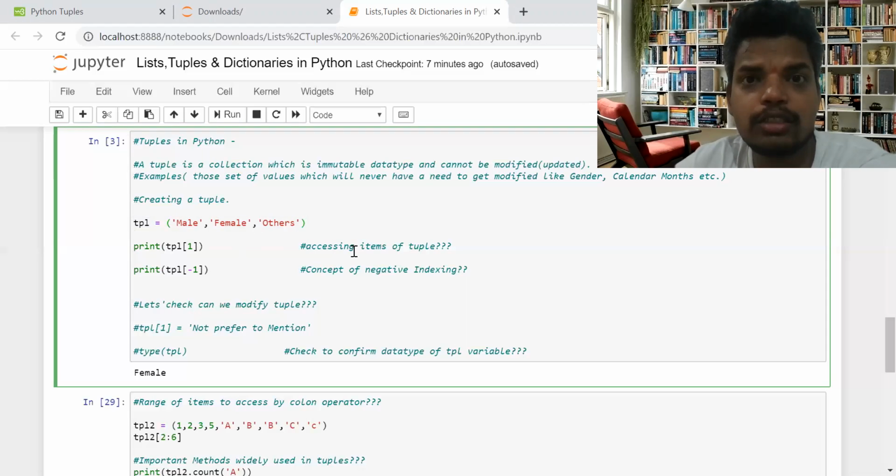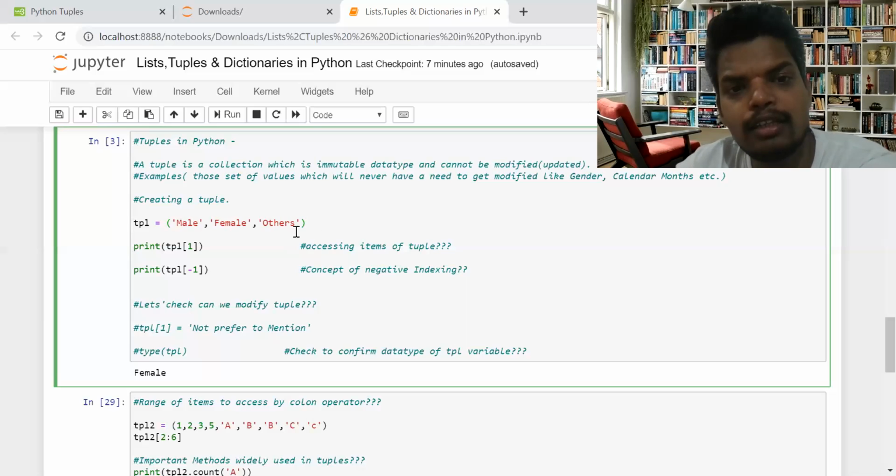Now, how do we access the items inside the tuple? Here also we use square brackets and give the index. I'm reminding you that the index starts from 0 in Python when taking it from the left-hand side, but in the concept of negative indexing, it starts from -1.